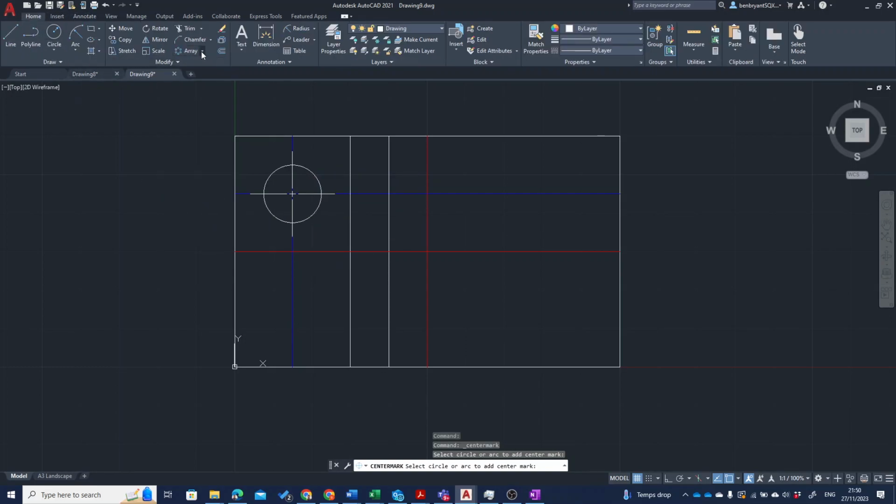Now I go to home. I'm going to mirror this. Use the mirror tool, circle and the crosshead. You hit enter to confirm this. I'm going to choose the center point of my rectangle, push up, and choose the top of my